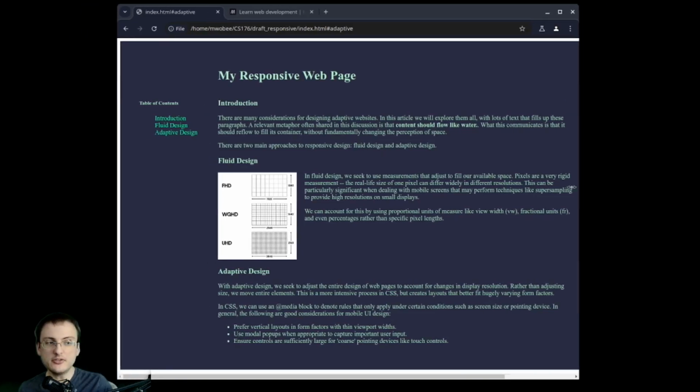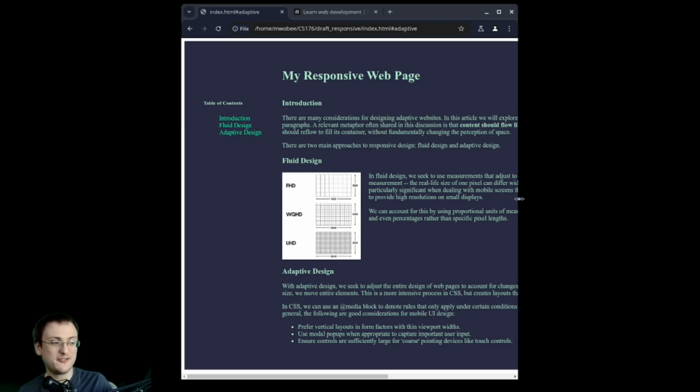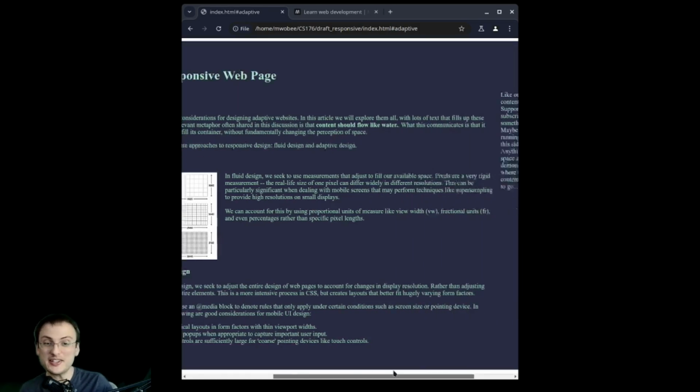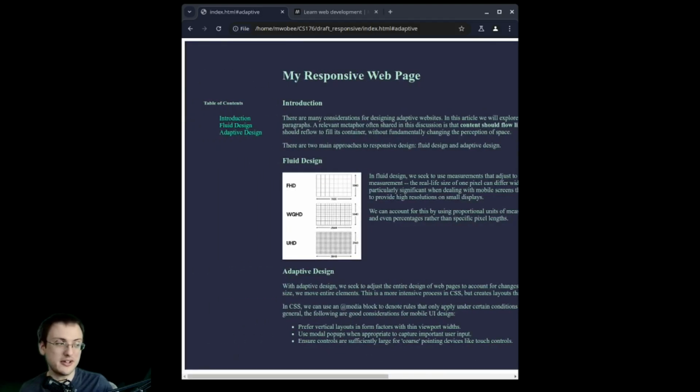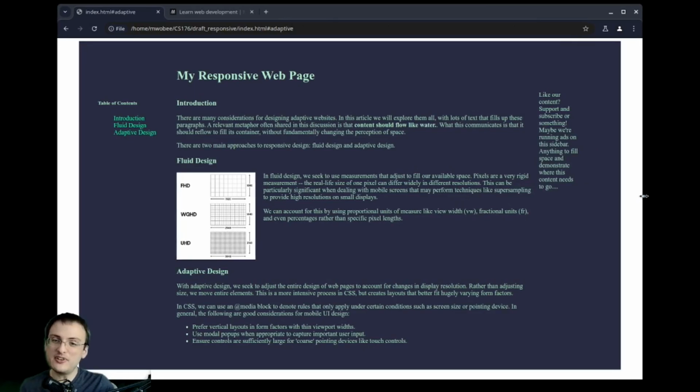As I click and drag, it cuts off the content. The content just flows off to the right. I actually get a scroll bar so I can scroll left and right. So the big mistake that we've made here, the thing that makes this design unresponsive, is the use of absolute